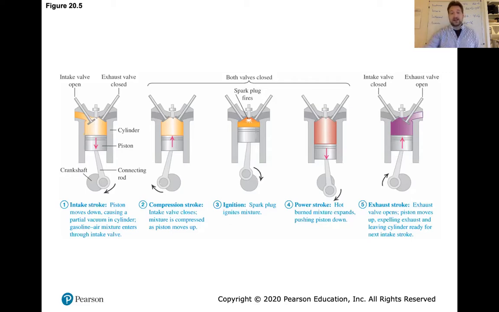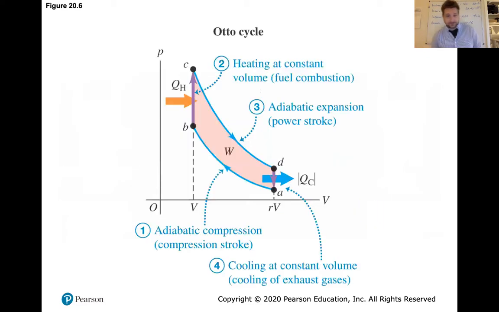What does it look like on a pressure volume curve so we can calculate the work done? It looks like this. And having said what we did about isothermal processes, this is not fantastic. It's a first draft, right? It's a first draft at an engine. We've got two